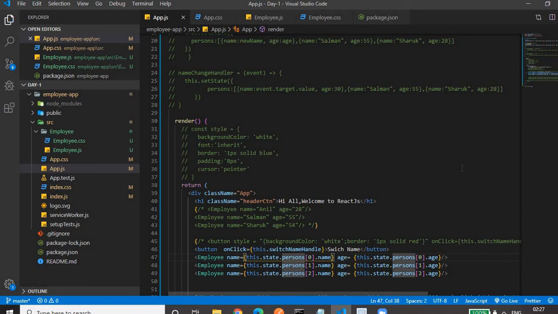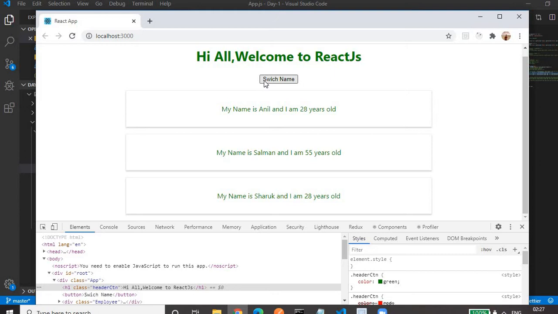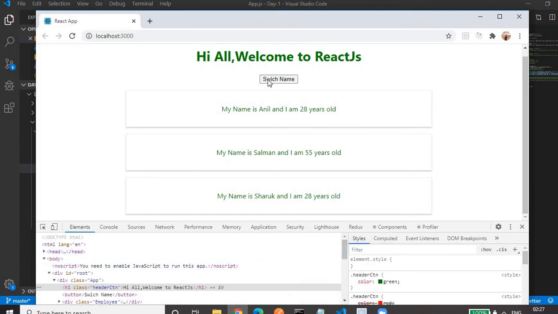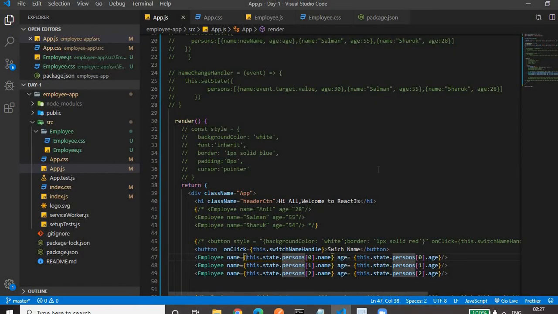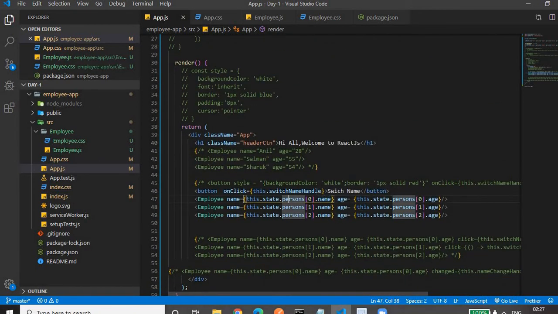We'll see it in action. So we have a button. On click of the button, just keep an eye on this first name, on this first team. Click of button. It is not working. Why? There is something wrong. Let me fix it. Don't worry, everything will be good. Okay, so here we have the switch handler. I missed the R. Let me check.